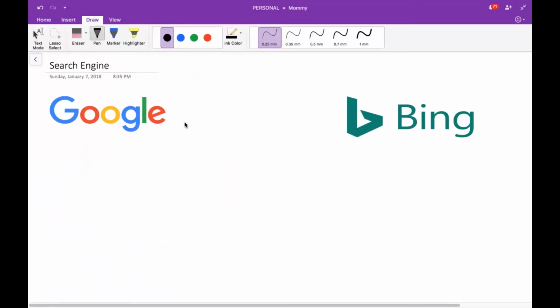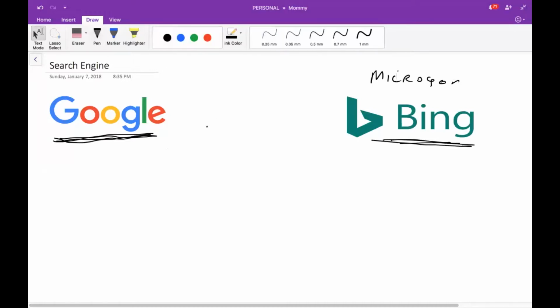Now, there are different types of search engine, but there's only two main ones that we're going to focus on since they're the most popular in the US. There's Google, that controls about 70% of the internet searches. In other words, more people go to Google. And then there's Bing, which is actually run by Microsoft. We're not going to really talk too much about the difference between these two. The point is that you can use either Google or Bing to do a search, and both of them will